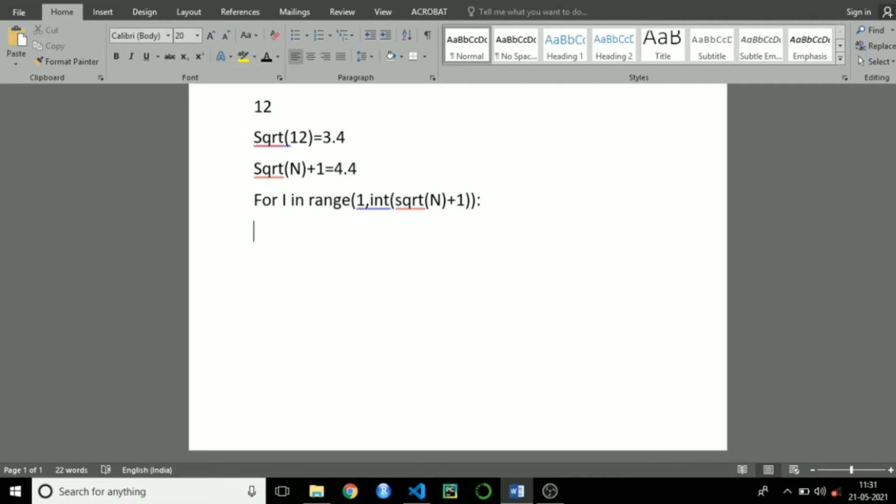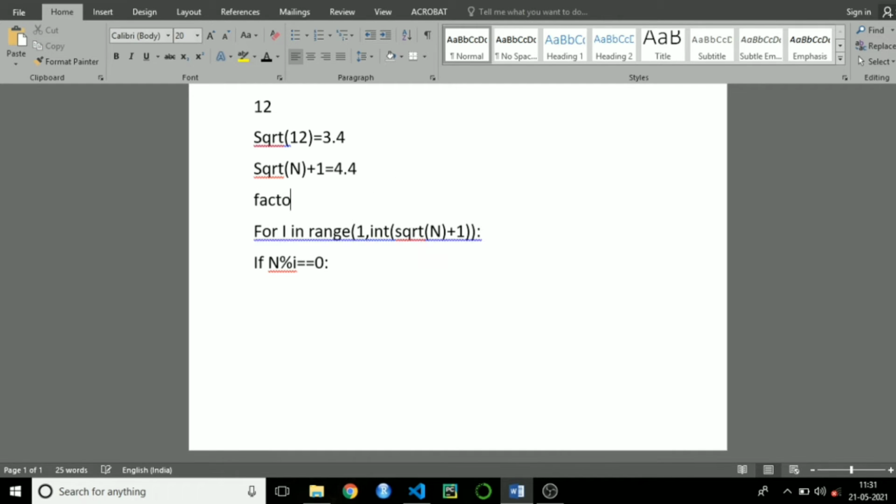First I need to give a condition, that is if n modulus i is equal to 0. If this condition passes, then I am going to add values to a list called factors. I will obviously add the value which is dividing n completely, that is i in this case. I am going to append i to the factors.